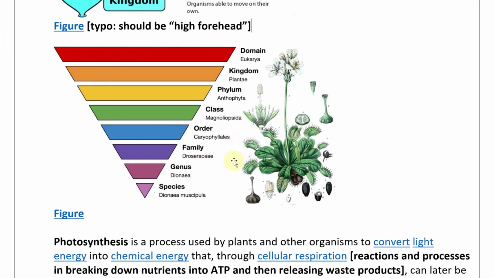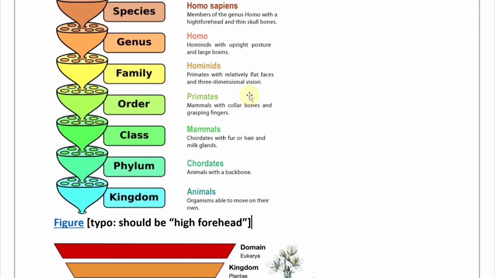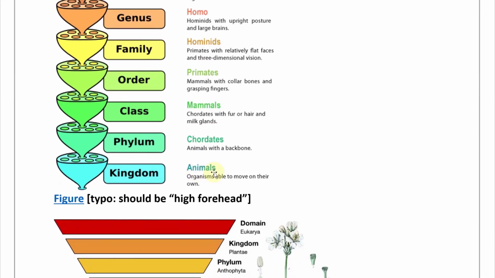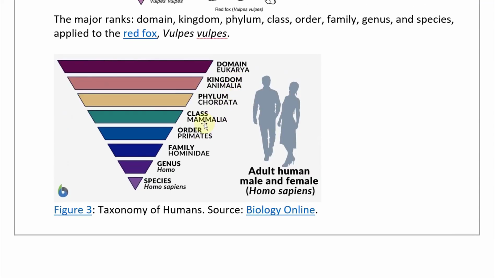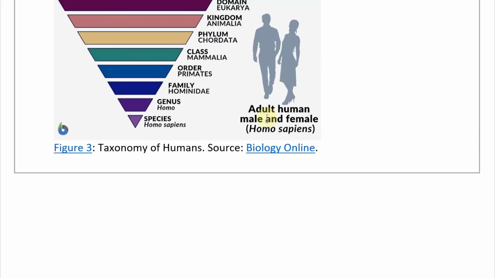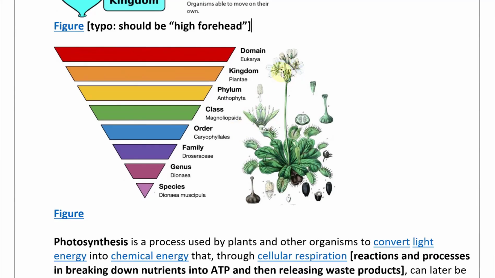And now let's look at another view, the plant one. So plant is eukaryotic, Eukaryota, a multicellular organism. Then you have the kingdom Plantae, as opposed to the kingdom of animals, Animalia. And then the phylum is going to be Anthophyta. And then the class is going to be